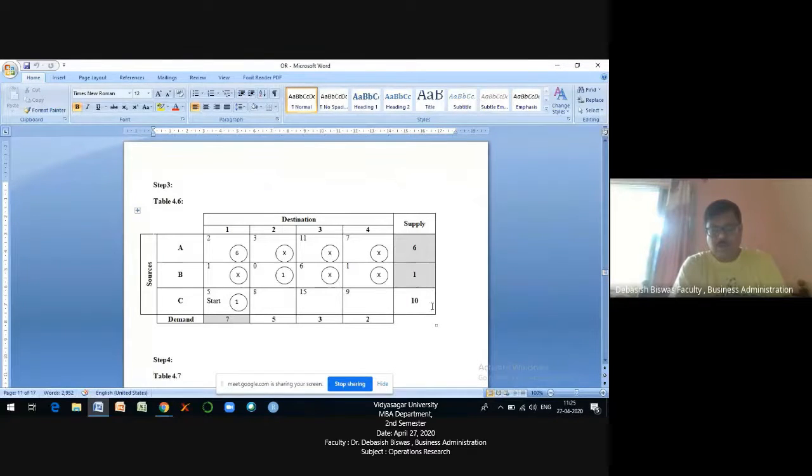Out of our total supply of 10, we can fulfill the demand of 1 unit, and that will be allocated here, because 5 is the lowest element out of these 4 elements. Therefore, we have allocated 1. So now the demand to this column will be